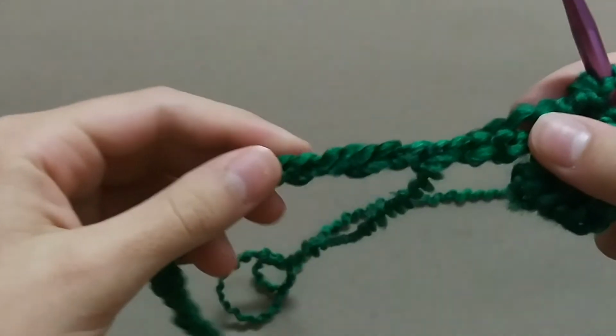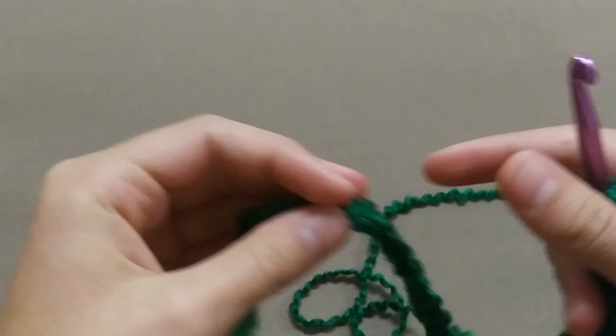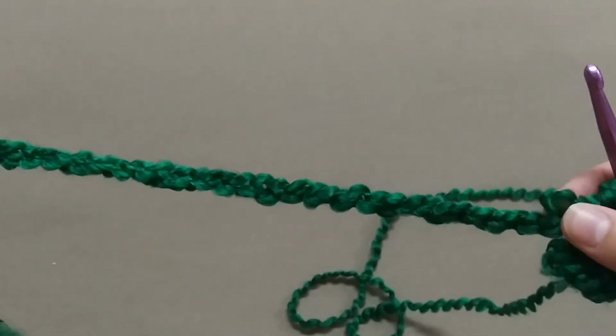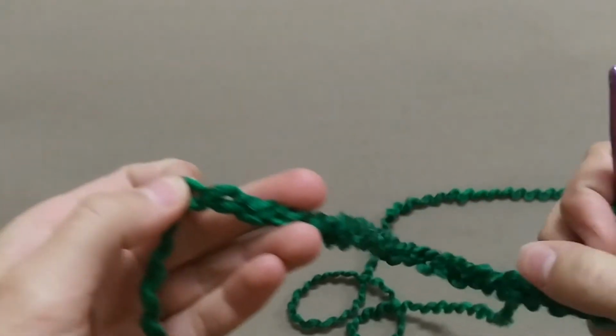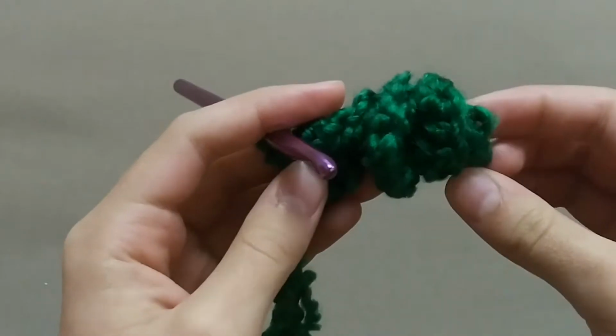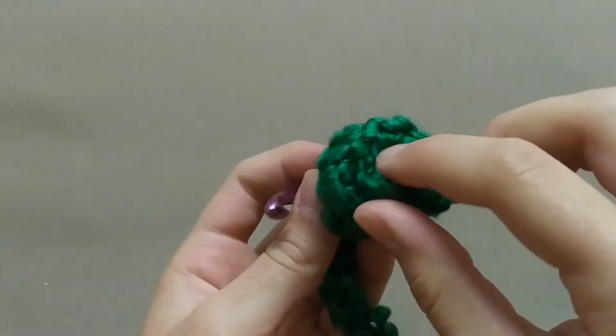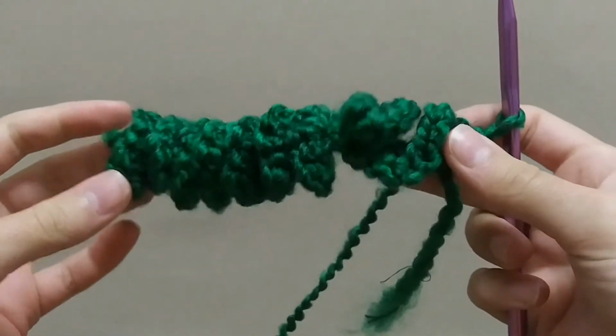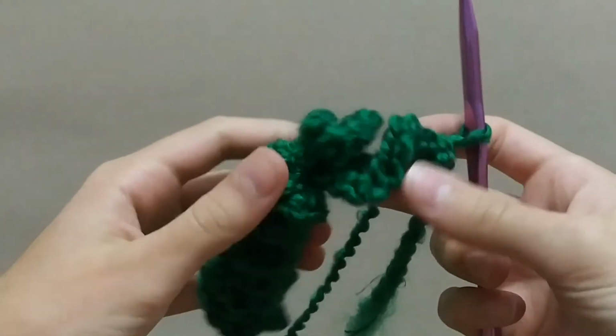Now we're just going to continue this in every single chain all the way down, except the last chain. So just go ahead and single crochet 4 into every chain except the last chain, and it should make like a swirly. So I've done this a couple times, and as you can see, it's already starting to swirl around a little bit. Okay, so I just finished, and as you can see, it's nicely swirled up until this point,